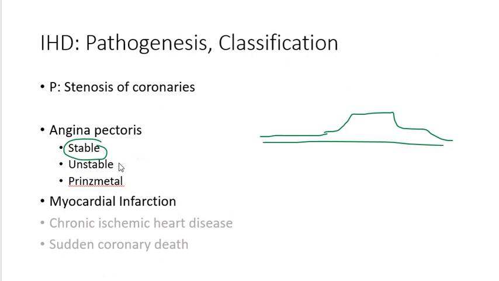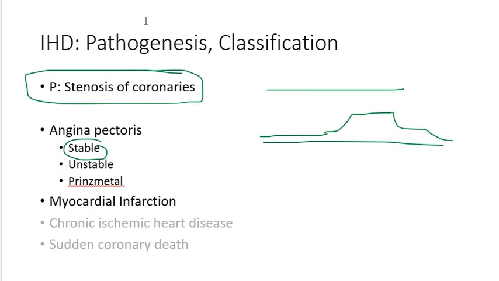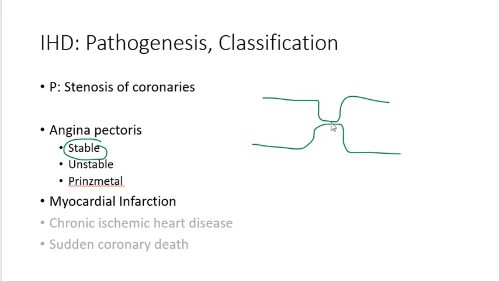There is one more form of angina, which is known as Prinzmetal angina. Prinzmetal angina is where you might not even have atherosclerosis, but the coronary arteries just spasm. It would look something like this. Just momentarily, for however long, it spasms like that, and this causes